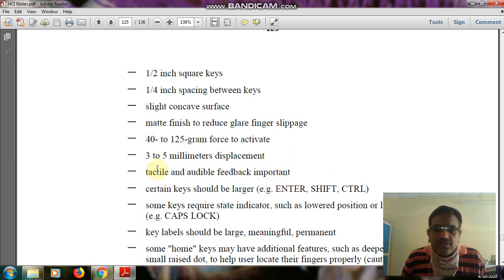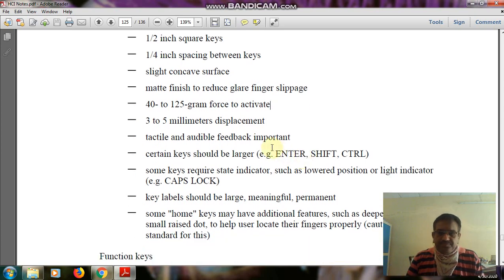Next, every key has 3 to 5 millimeter displacement, and when we place the keys we must take feedback from the users: how the users use them, and what suggestions are rendered by the users.